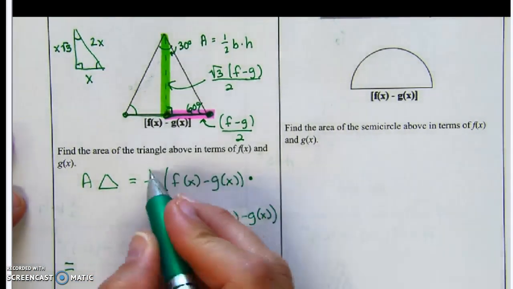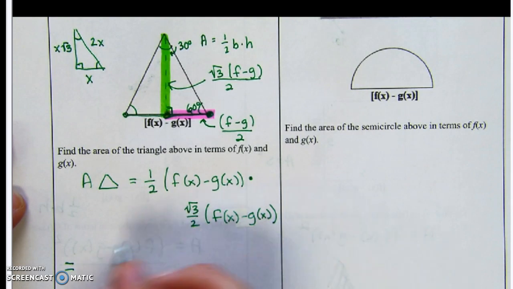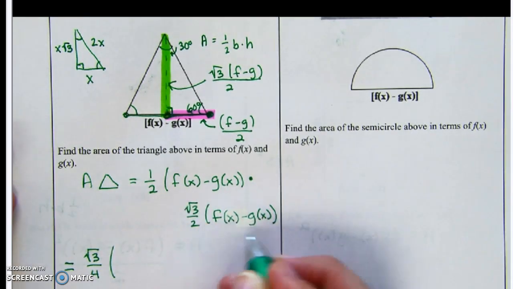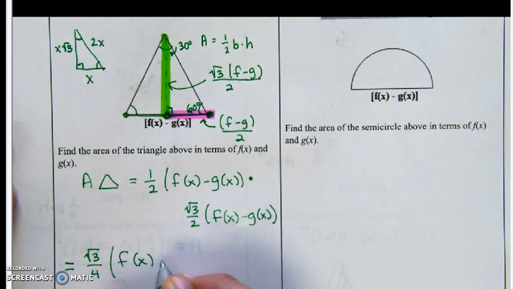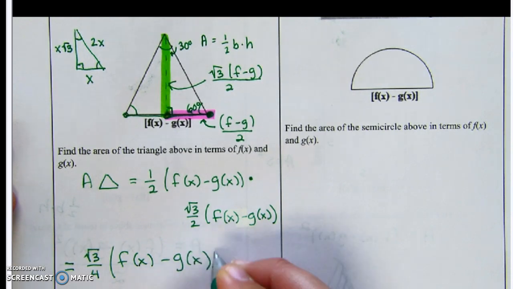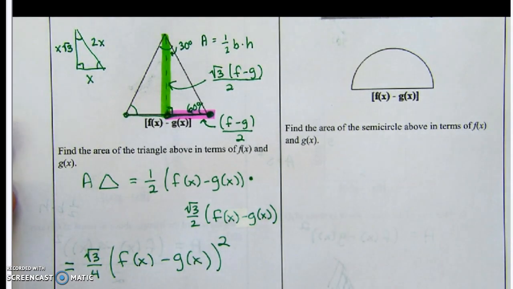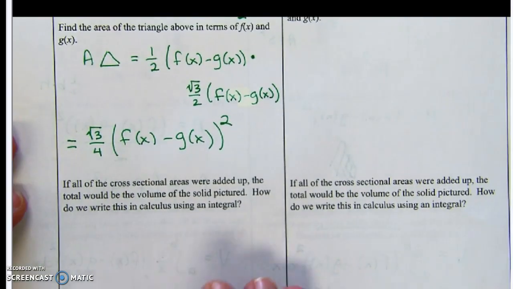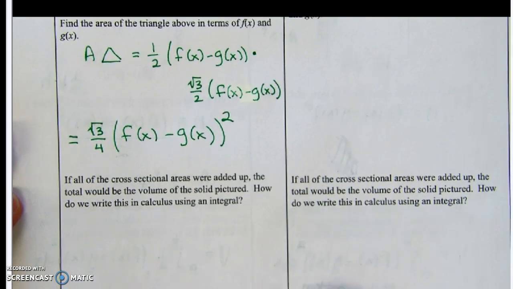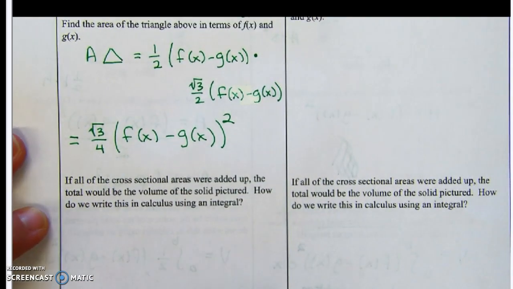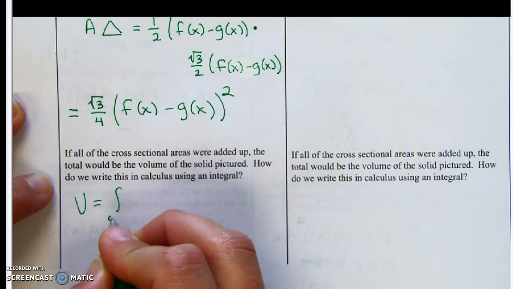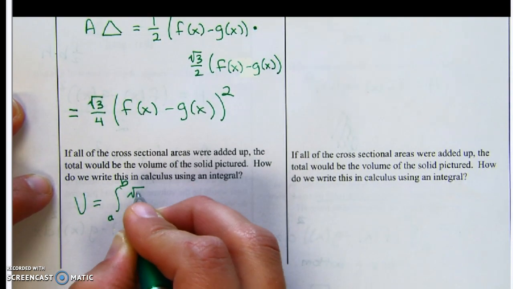One-half times square root 3 over 2 would be square root 3 over 4. F minus g times f minus g is f minus g squared. If you want to, you could memorize that. And this is only for the equilateral triangle. So the volume would be, if we add them all up,